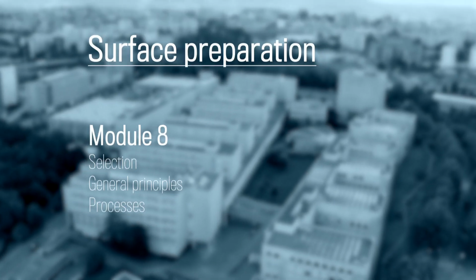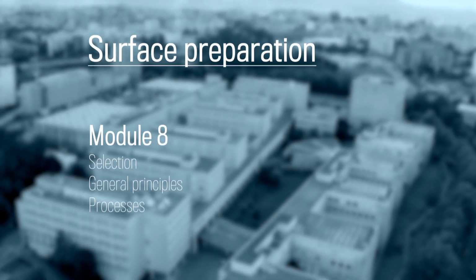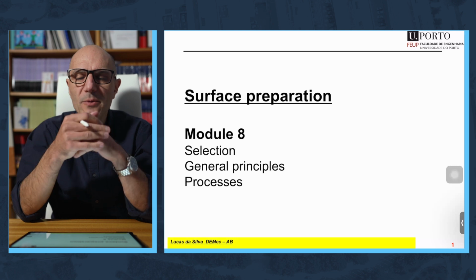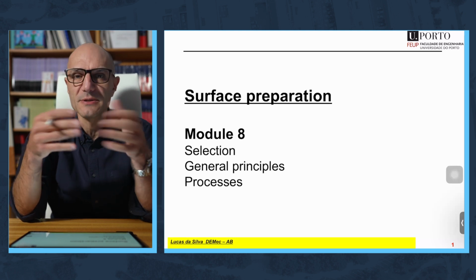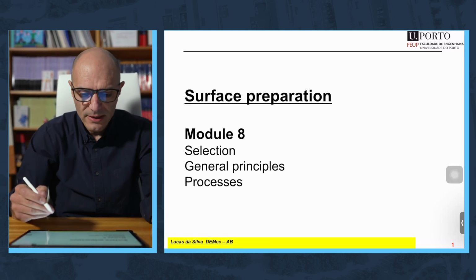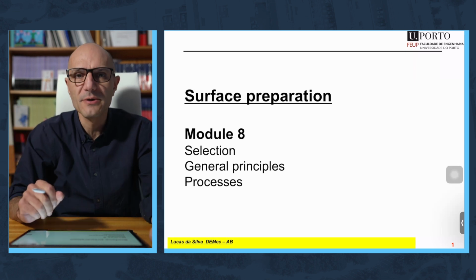Still in the surface treatments, module 8, we will discuss the general principles involved in any surface treatment. We are still in the surface preparation part. So far, we have seen the characteristics that affect adhesion. We also have seen which layers exist at the top of the substrates. Now we can discuss some general principles associated to the surface treatments and also give an overview of the recipes